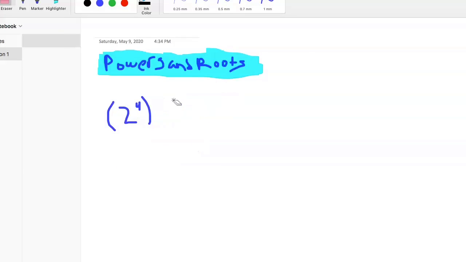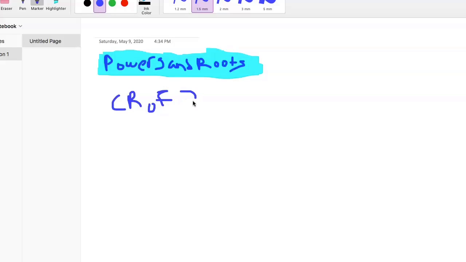So the last one is with cube root. Okay, so cube root, we'll just abbreviate and call it CR. So what's the cube root of 27, let's say? Okay, so cube root basically means